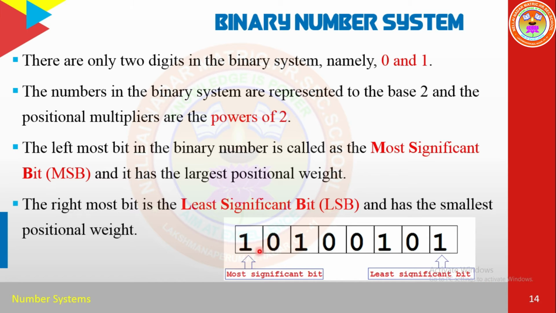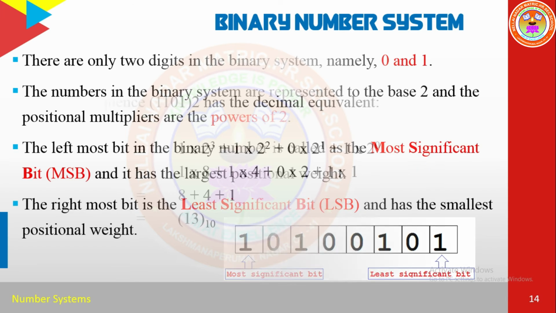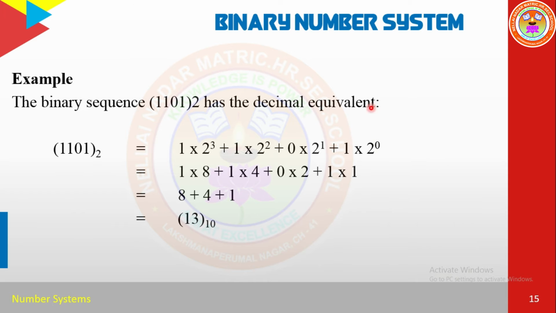So this is the largest positional weight and this is the smallest positional weight in the binary number system. You can remember these things. Now see the example, you can understand well. So this is the example of a binary number system. All right, so see the example, what is the number